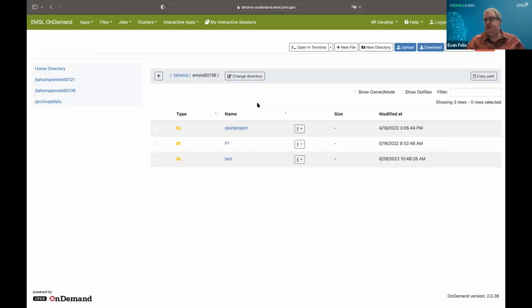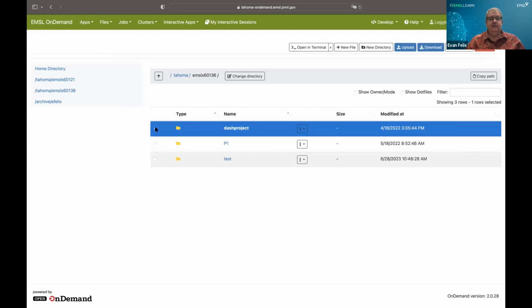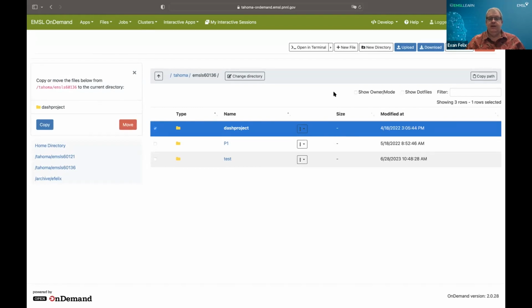And I'll show you some things you can do here. So you have your basic tools where we can rename, we can download this whole directory, we can download files. We can copy this file. If you click on this copy move button up here, we're allowed now to copy or move it somewhere else. So if we change into another directory,